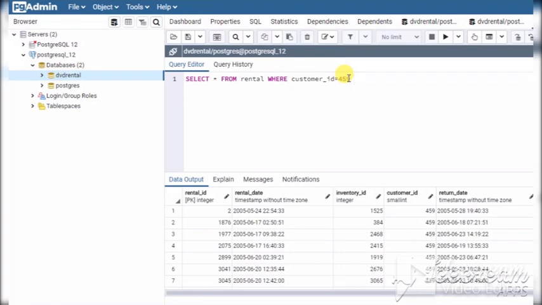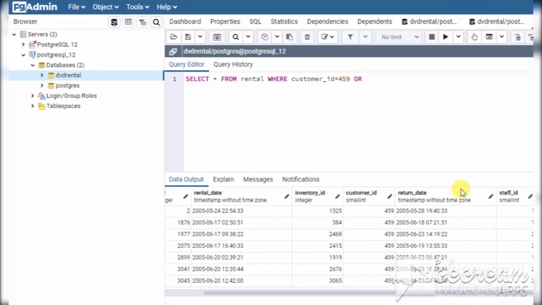And if there is an or clause, we can write as many conditions here as we want, like customer ID 459. If we also have a staff ID column, we can write or staff ID equal to 2.